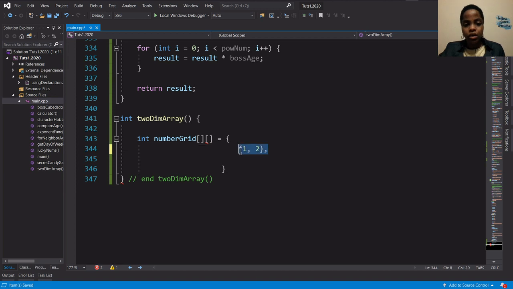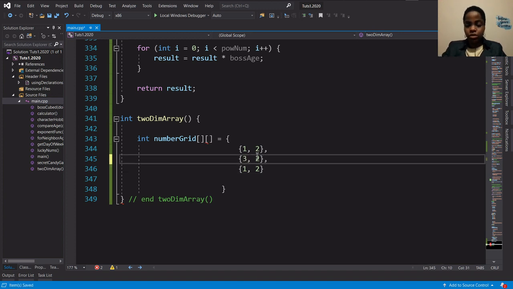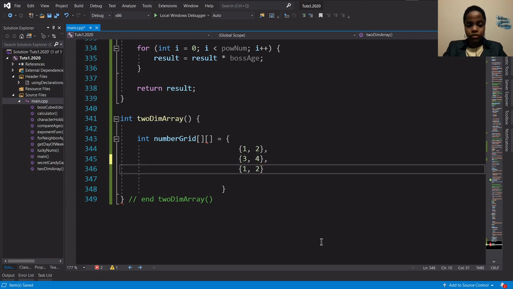Okay, so, oh, okay, I see what's happening now. So I'm just gonna do what he did, copy and paste, and remove the comma from the last part. Change these numbers, 3, 4, 5, and